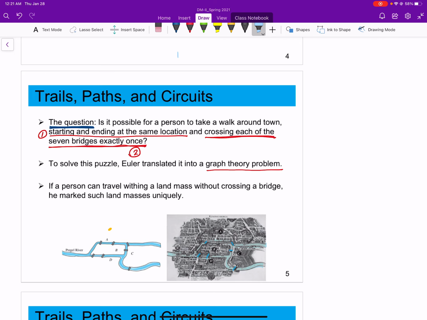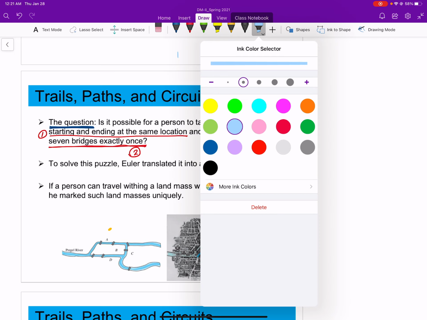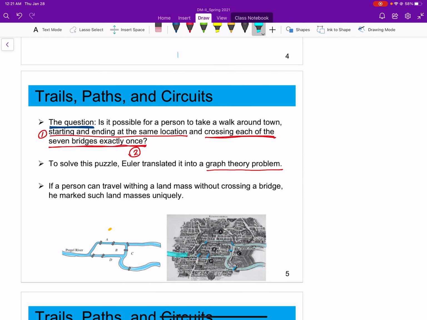No, it's not visible. Let me use a different color, maybe this color. And then quickly I will mark the bridges. So this is the land mass, the bridges and the river. So this explains